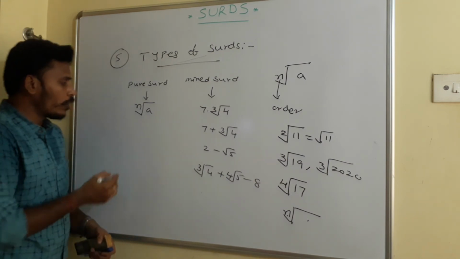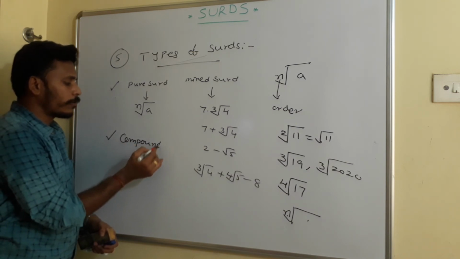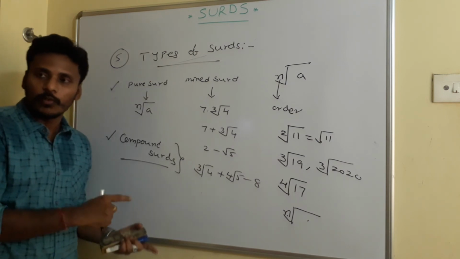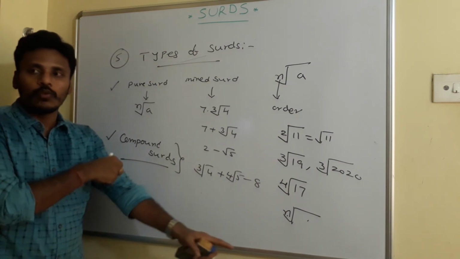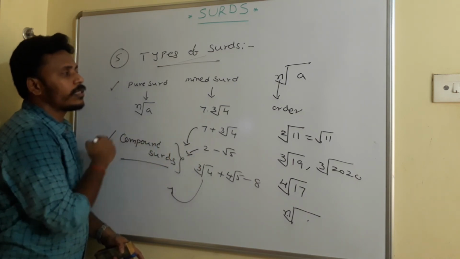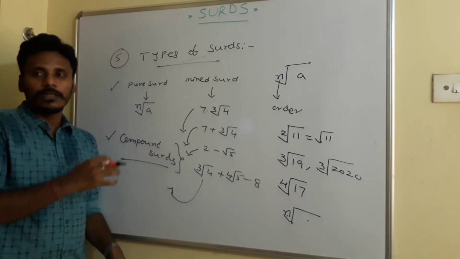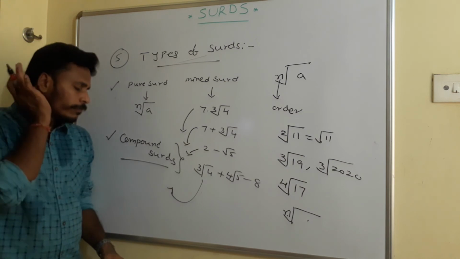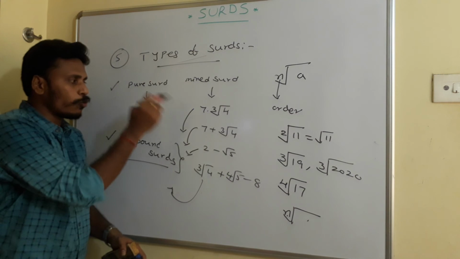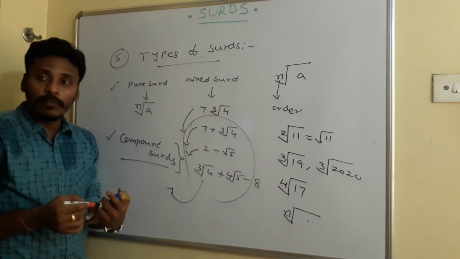Right? Not only the mixed surds, we have one more type. We usually call them compound surds. Compound surds are nothing but the combination of surds along with rational numbers. Everything like this we usually call compound surds. This is a compound surd, this is a compound surd, and this is also a compound surd. Basically there is no difference between mixed surds and compound surds, right? So you just think about these types of surds based on the order and then the conversion from pure surd to mixed surd, and we call these types also mixed surds. And I am moving to the next one.